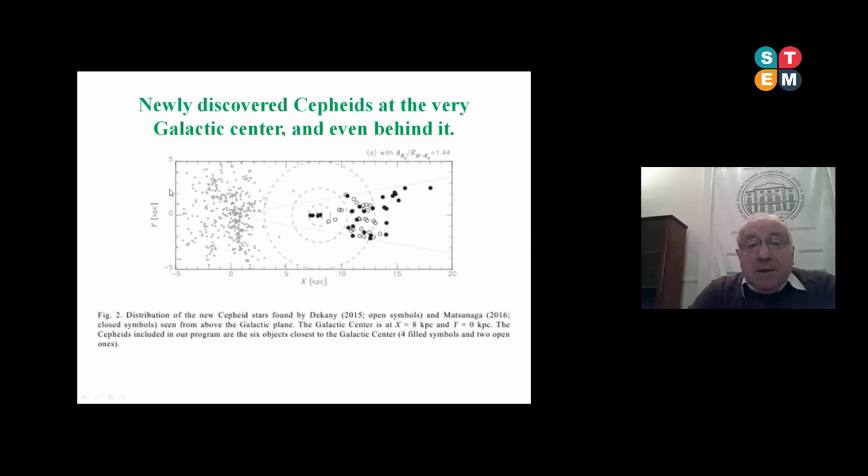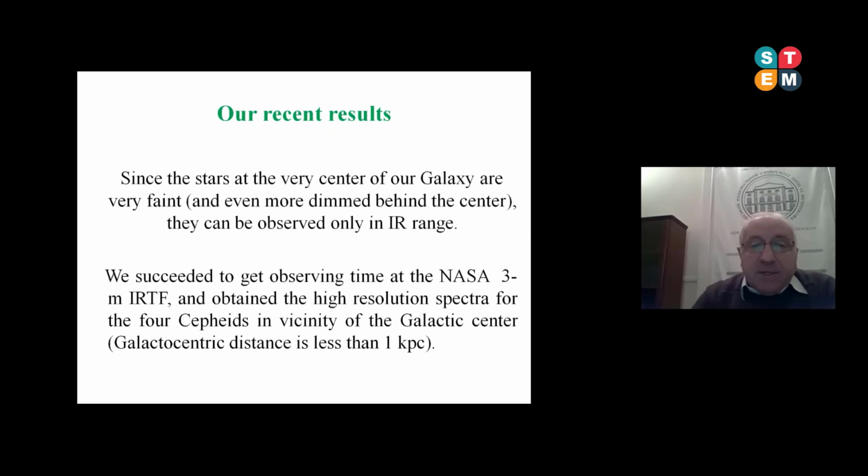But Dekany and Matsunaga with colleagues succeeded in observing in infrared photometry, infrared, not spectra, infrared photometry. Here is our Sun, the center of the galaxy, and Cepheids, of course, our Cepheids. They succeeded in observing 4 stars at the very center of our galaxy, and many stars even behind the center of our galaxy. This was terra incognita before, but now it's available, but it's photometry. But we succeeded